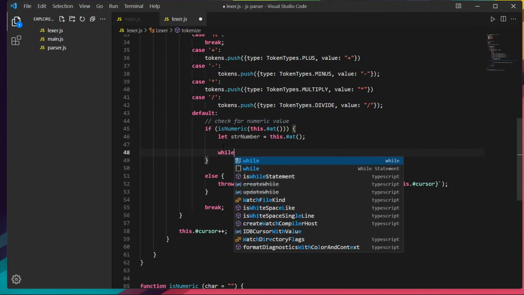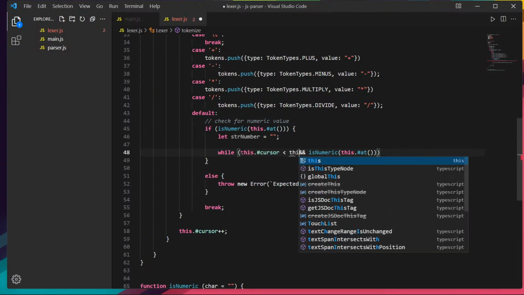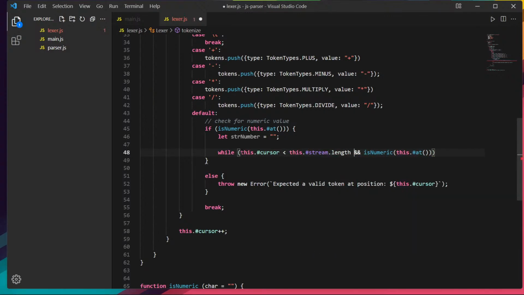We are going to do a while loop. Inside of this, remember, we're still here. We haven't incremented the cursor, nothing like that. I'm just going to set this to a blank string by default. We're going to do while isNumeric(this.at), so we check the current character, and we also make sure that this.cursor is less than this.stream.length. So while we're still inside of our string and our current character is still numeric,